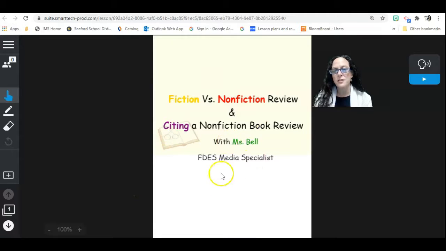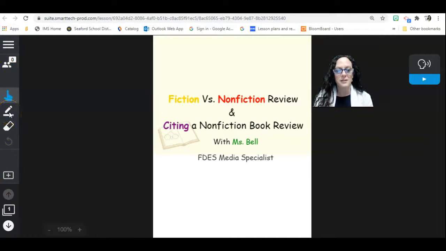All right, so this is what you'll see for the first page. You also can click over here on the read aloud feature, and it will read the page to you. All right, to go down to the next slide, just come over to the left, and you'll notice here's your